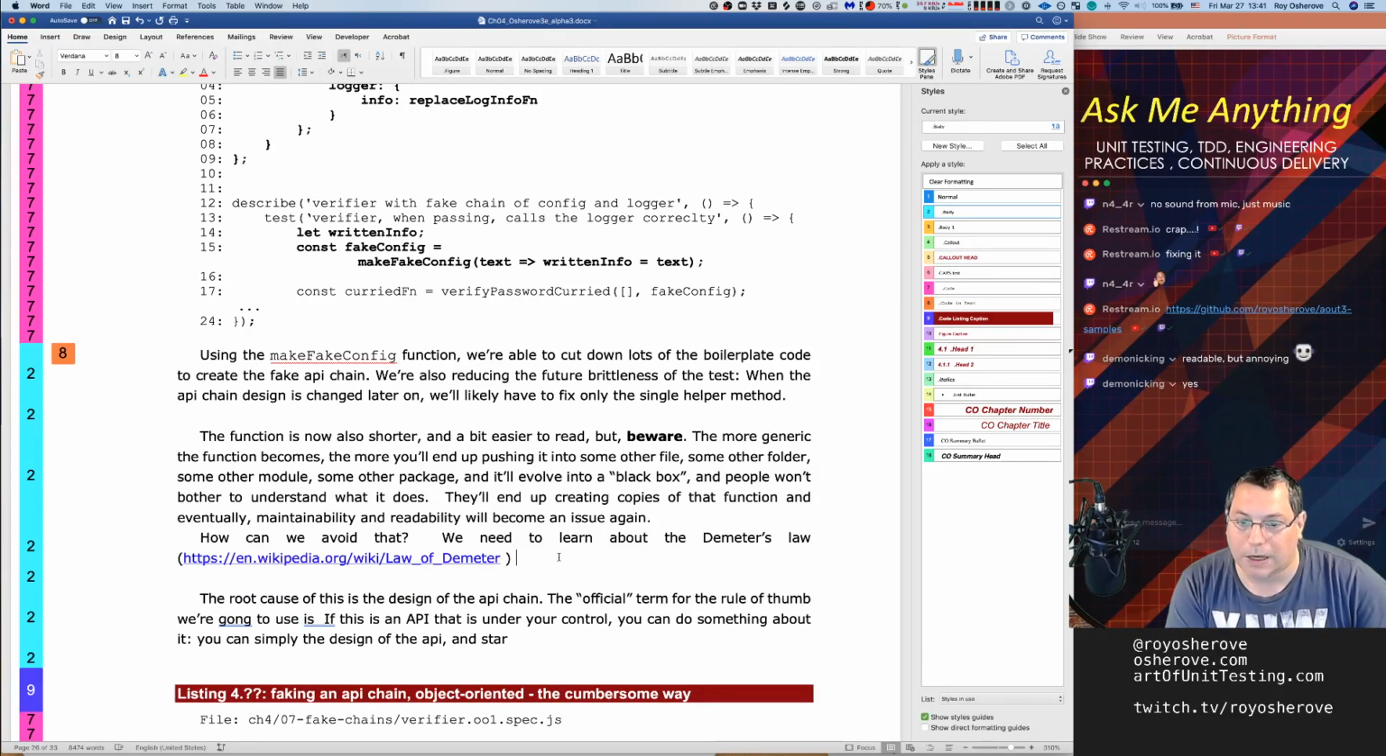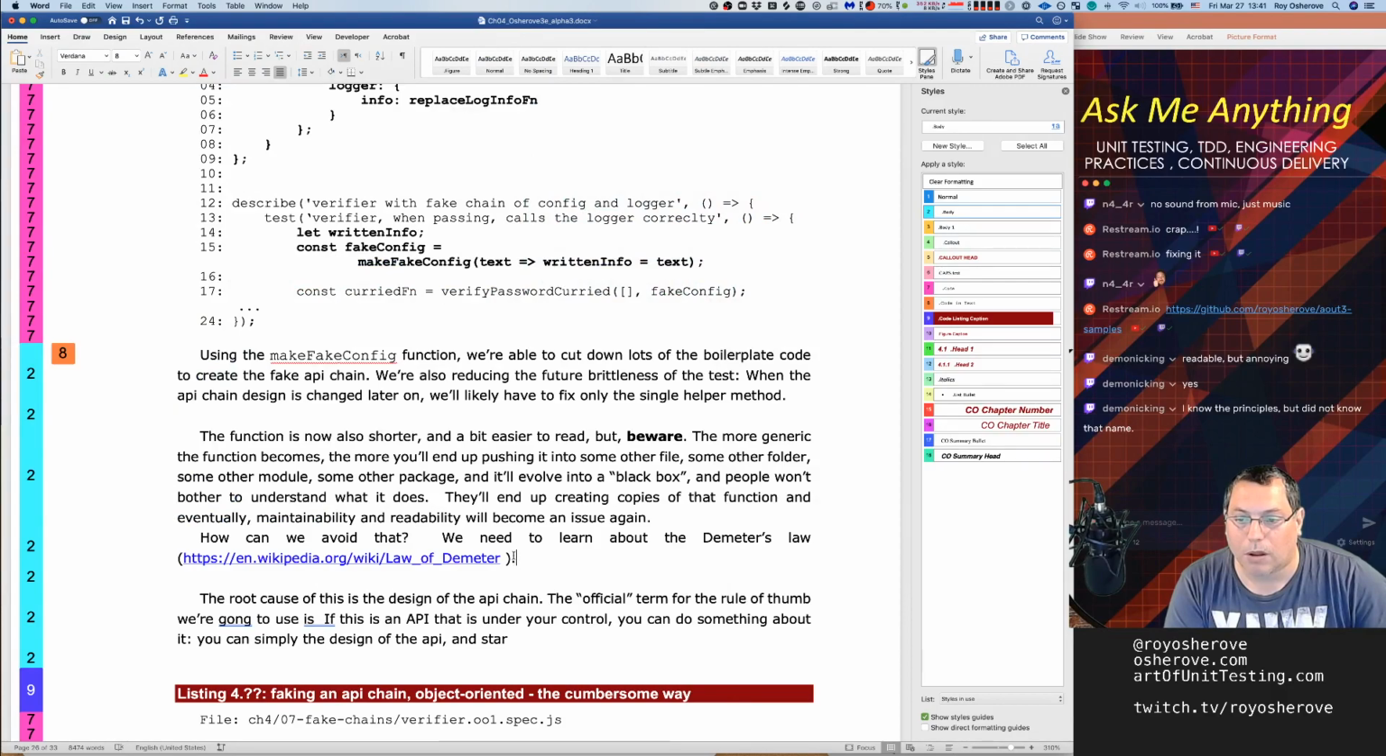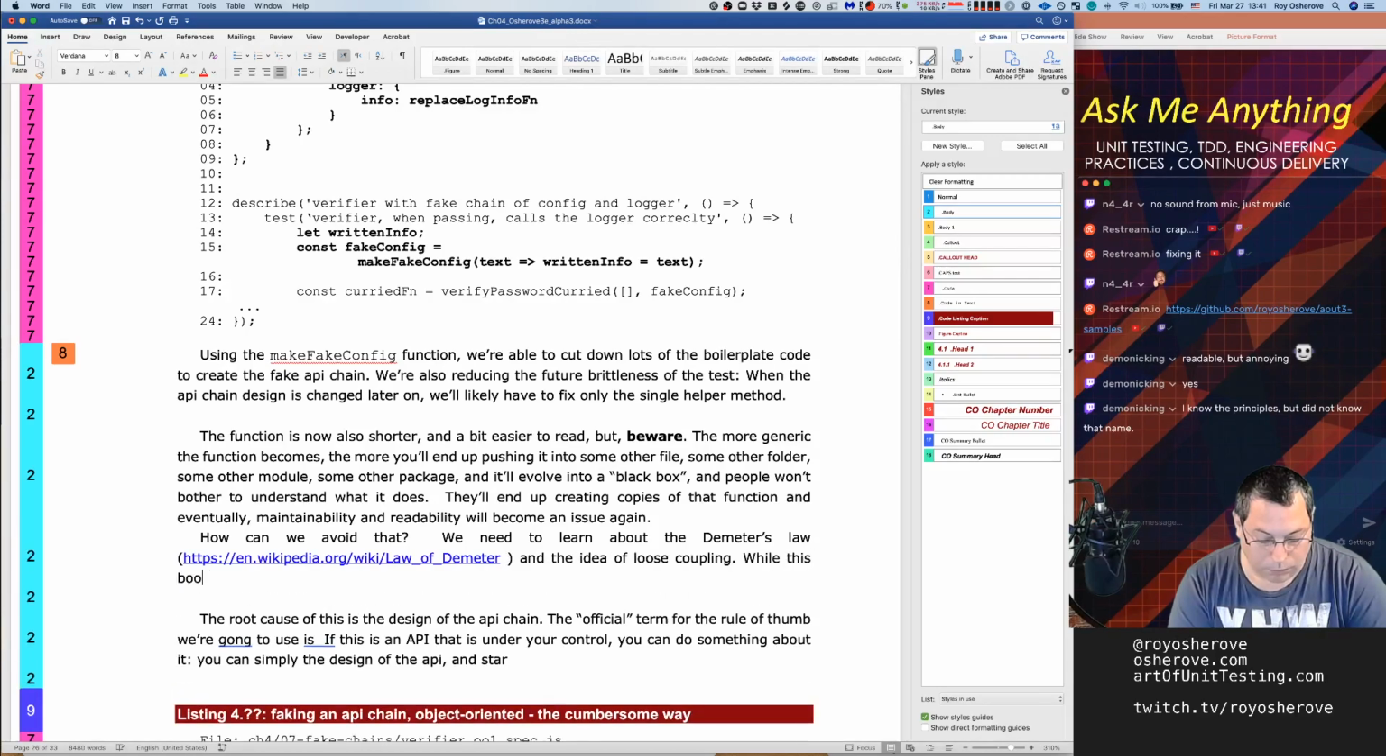How can we avoid that? We need to learn about Demeter's law. The law of Demeter, a design guide in developing software. Loose coupling. Demeter's law. And the idea of loose coupling. While this book is not